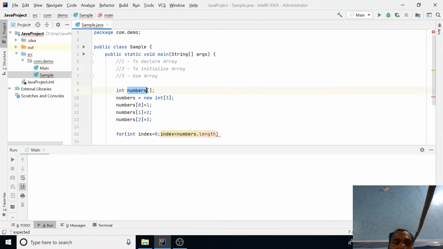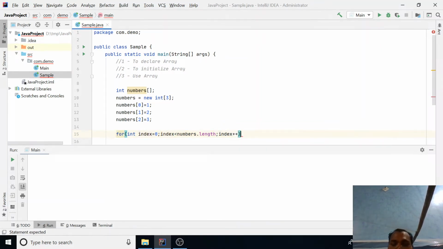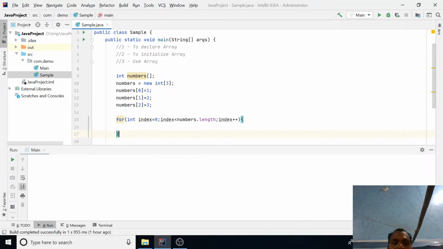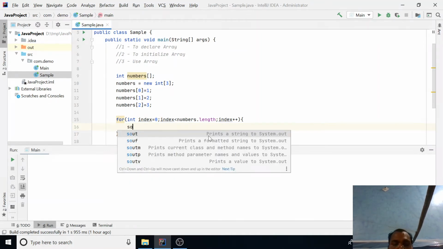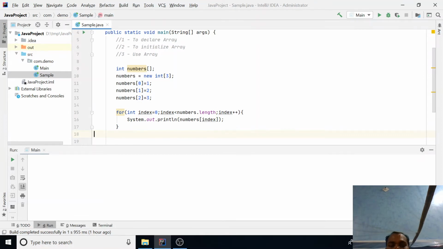In Java, an array is an object, and the object has one attribute, length. Length tells you the number of elements. Index plus plus, this is the basic for loop syntax, and then we are going to print numbers of index. So this is the basic syntax.